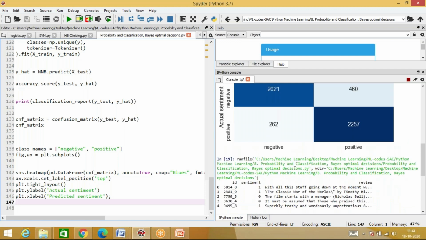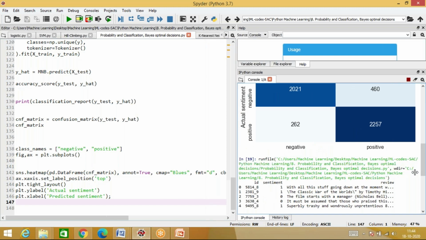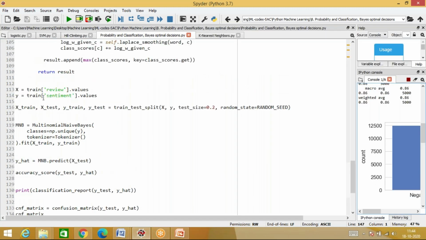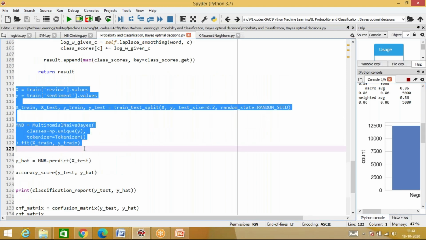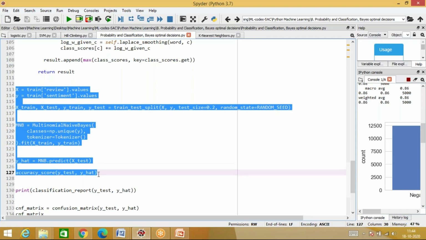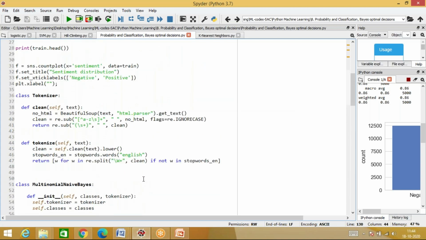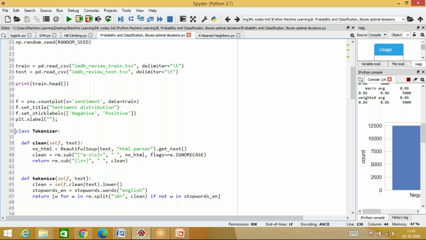So that is how you will implement this entire thing. See, I've run this program, it is still executing, I'm still not getting the output. So that is how this program is going to work. See guys, just understand this. All you have to do is pick up whatever is the relevant data, create an object of MNB, pass the data to this, print the classification report, done. This is the base concept. This is what is needed to change, required to be changed whenever you are implementing the naive Bayes theorem. Rest of the code remains exactly the same. This never changes. A single word will not change in this particular code.